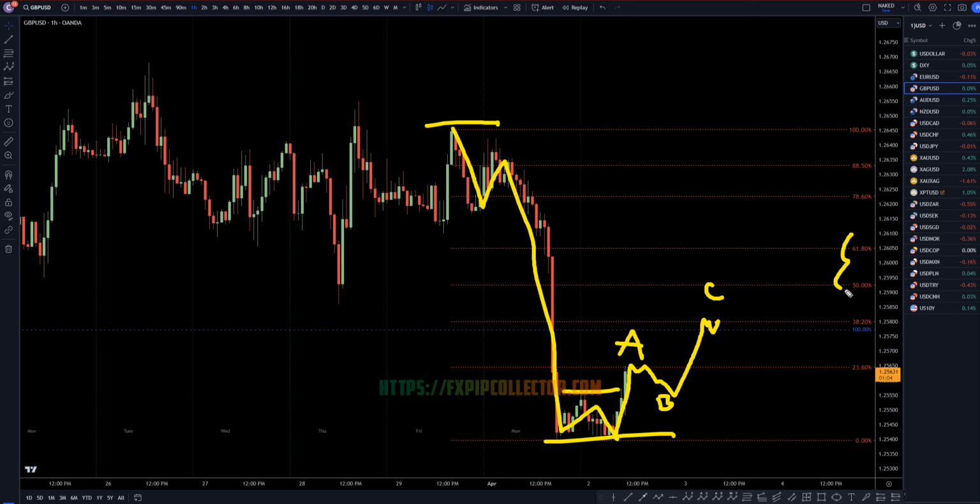3 waves up to a Fibonacci retracement level and a bearish engulfing down, break of structure is exactly what I'd be looking for as my next shorting opportunity for the continuation of the downtrend. Now, if you do trade the very short time frames like you're a scalper, then you could definitely be trying to go long at the end of a wave B, but I still think that the bigger money, the better,